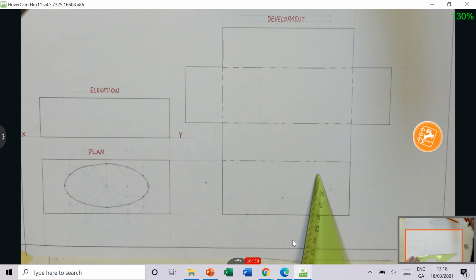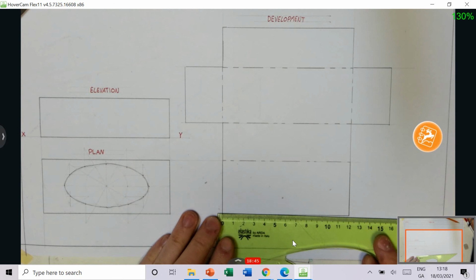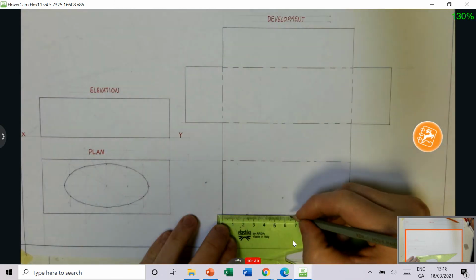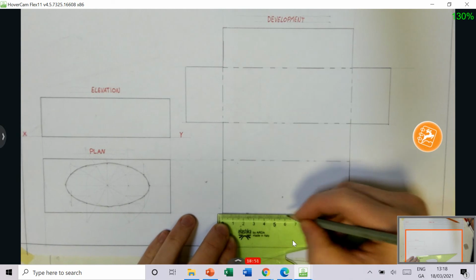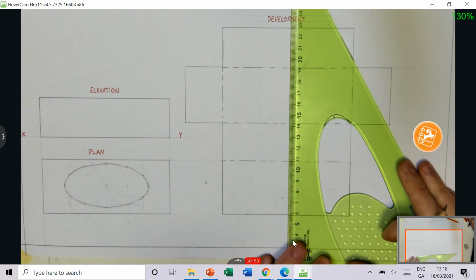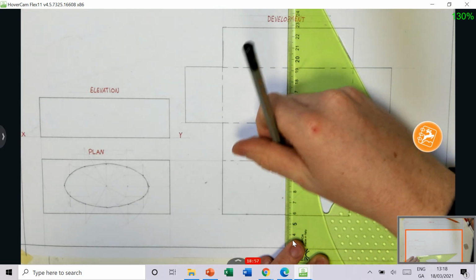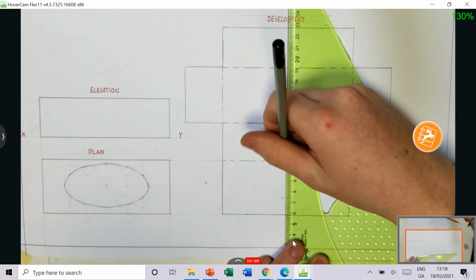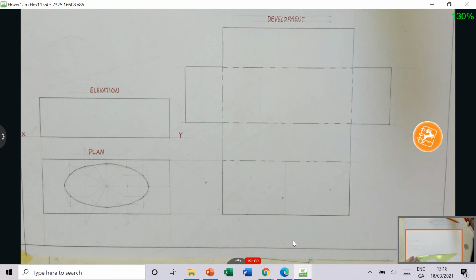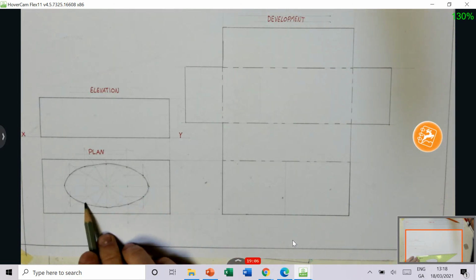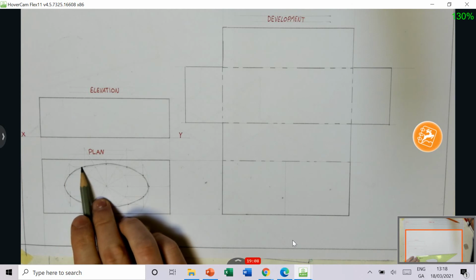Okay, so there's a couple of ways we could do it, but the best one is to first find the center line here. Okay, so I'm going to measure in 60 and I'm going to measure up the center line. Now, I found 1, 2, 3, 4, 5, 6, 7, 8, 9, 10, 11, 12 points on